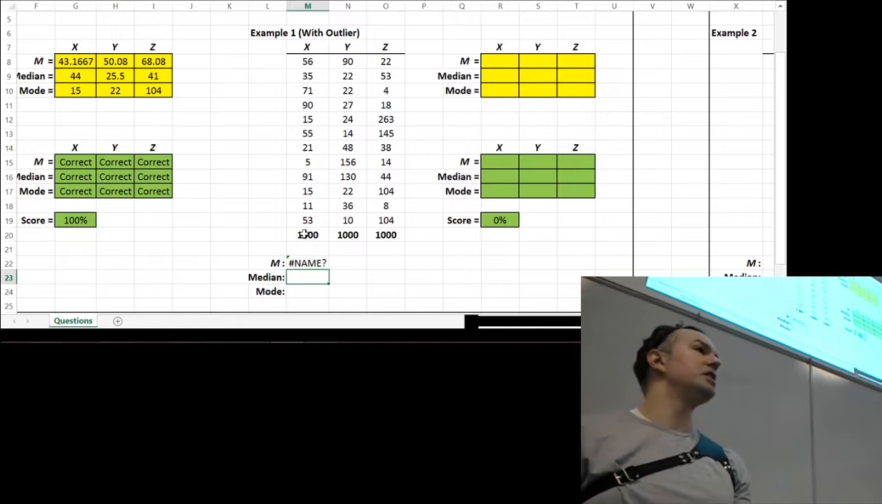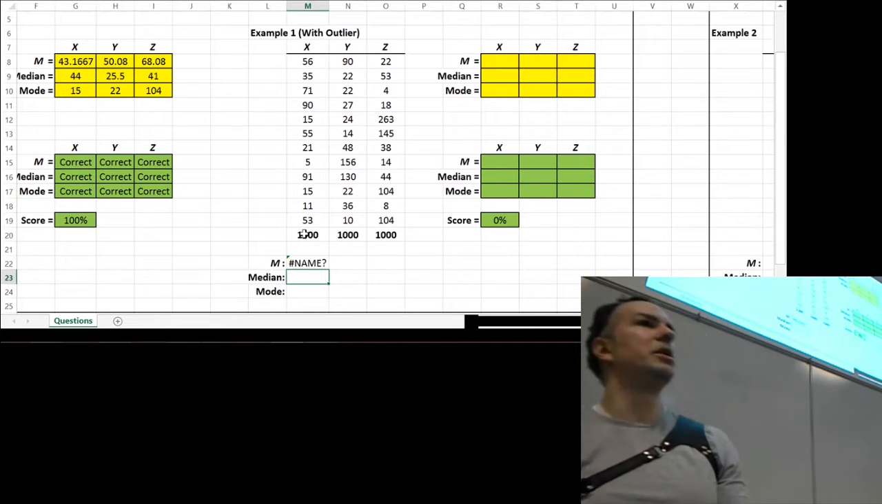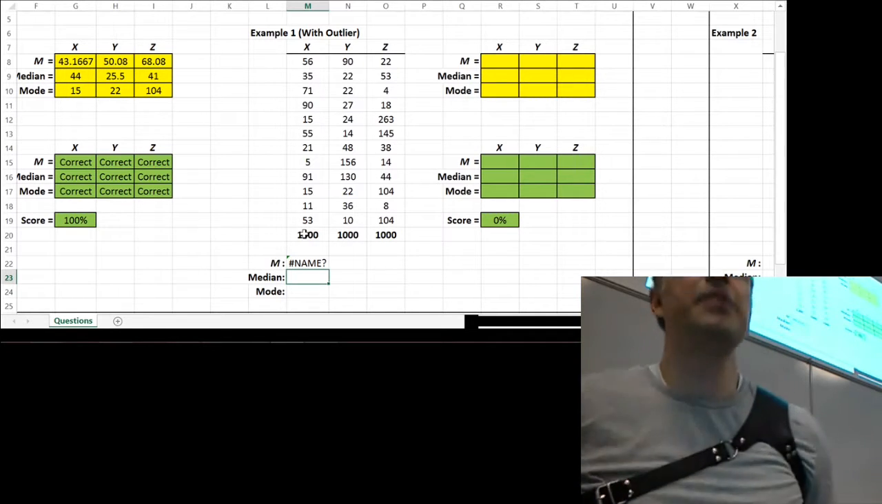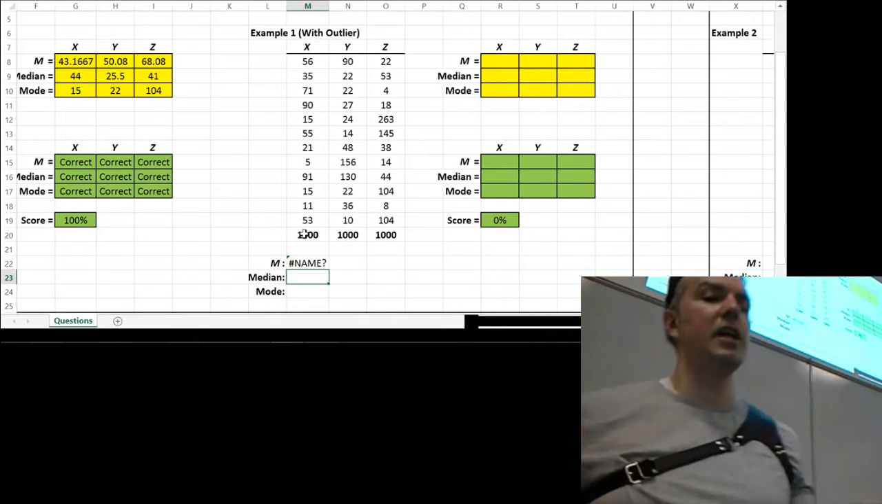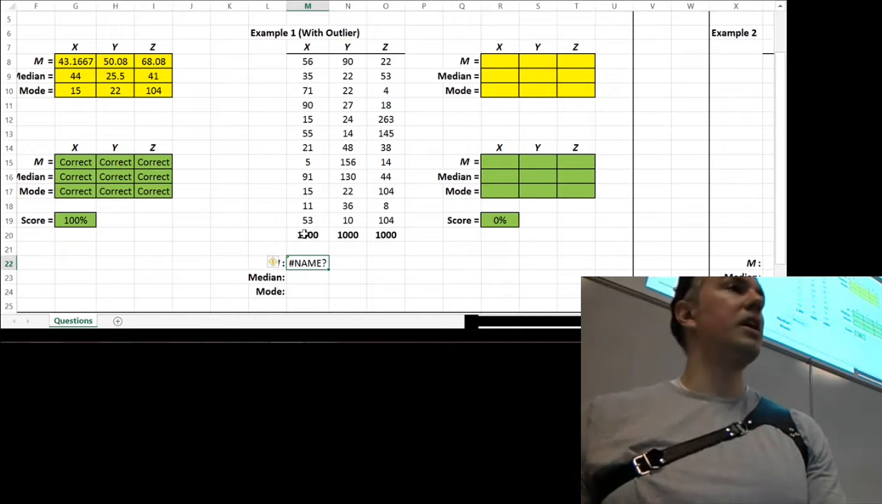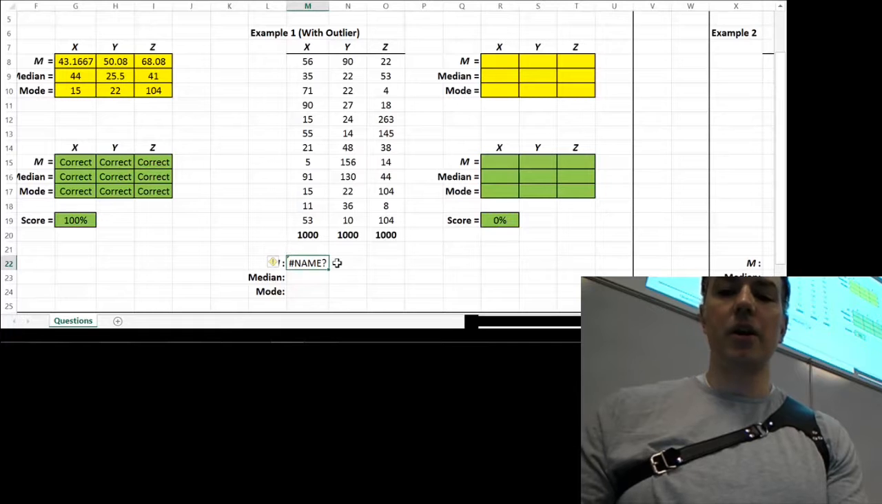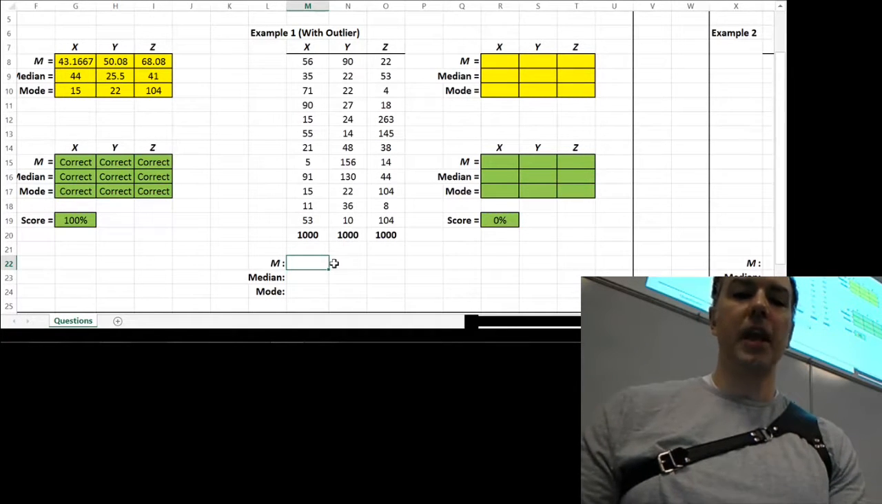This will occur if you misspell a formula. If you forget the I in median and you put in medin, it'll say hashtag name. So if this ever happens to you, take it for the information that it is. Know that you gave Excel a formula that does not exist. And then what we're going to do is we're just going to delete it and we're going to change it